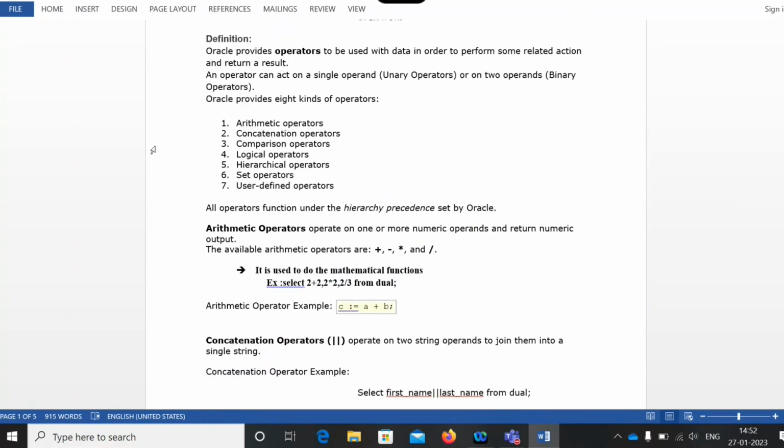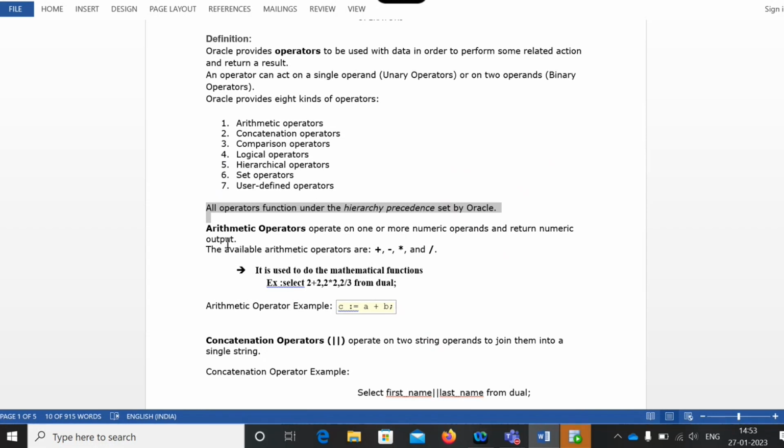Now, arithmetic operators. You already know that if you want to do calculations, we use arithmetic operators. Arithmetic operators operate on one or more numeric operands and return numeric output.